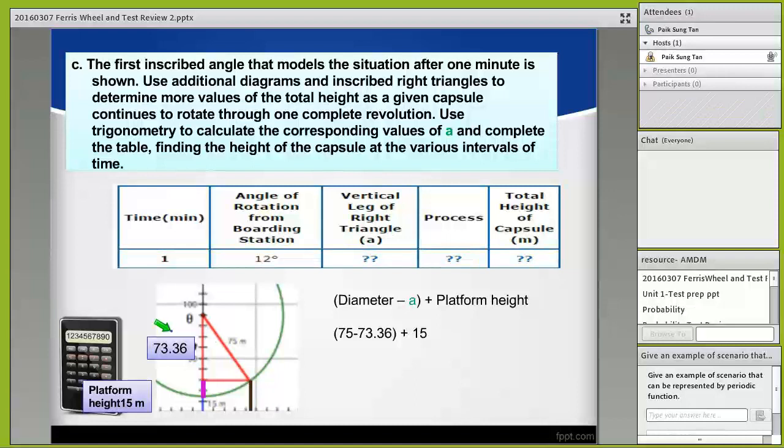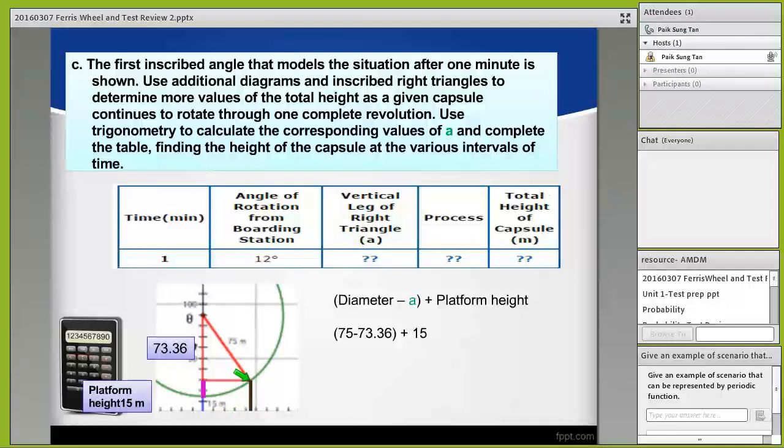And we know that we just calculated 73.36 for this height right here, right? We just calculated that. And the platform height is 15 meters. So now we need to figure out this pink height right here. Okay. So to get to the pink height, I use the distance, which is the radius, subtract my 76.36. So I got this pink height, and then I add it to the 15, I get my total height, which